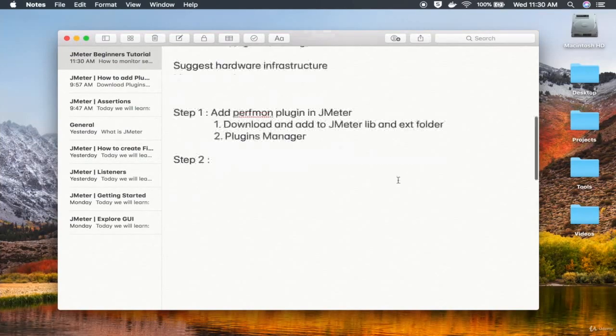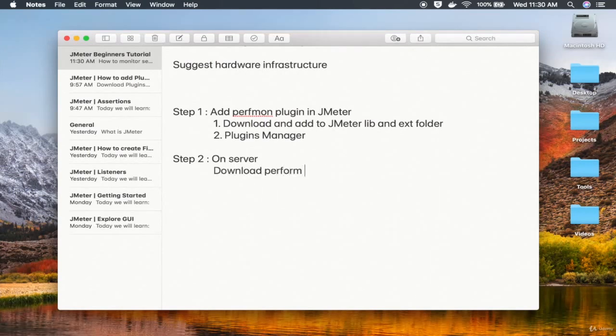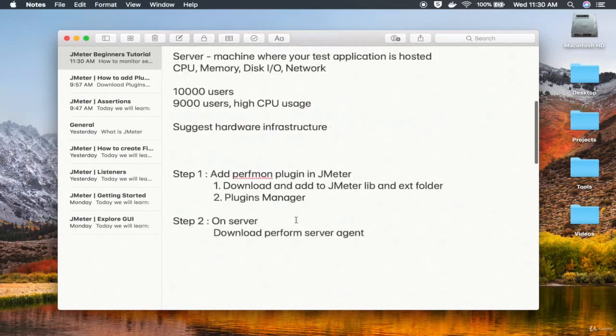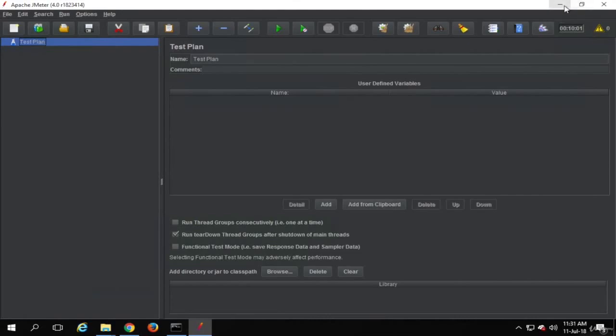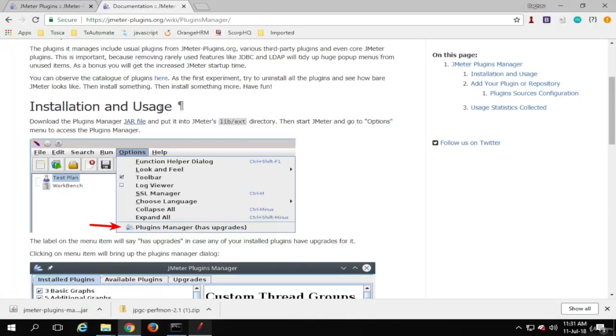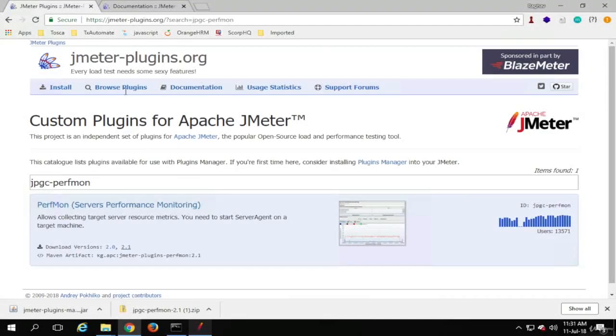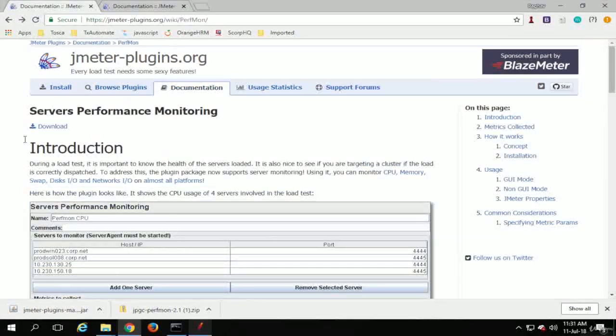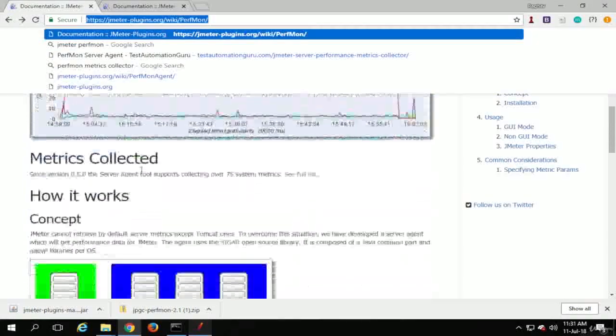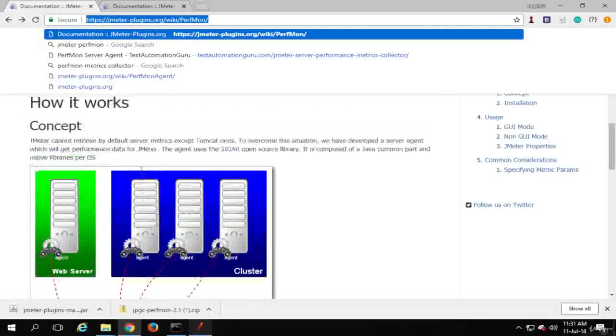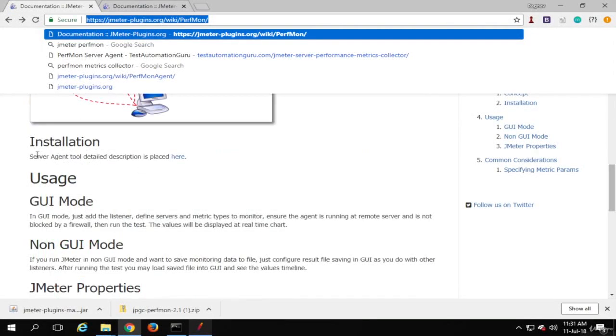Step number 2 is that on the server we have to download the perfmon server agent. Let me show you what this means. Let me go to the same page of JMeter perfmon. On this wiki page, go a little down and you will see the server agent tool detailed description is placed here.